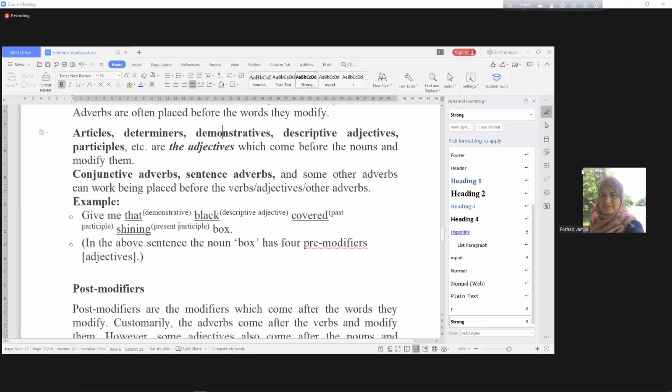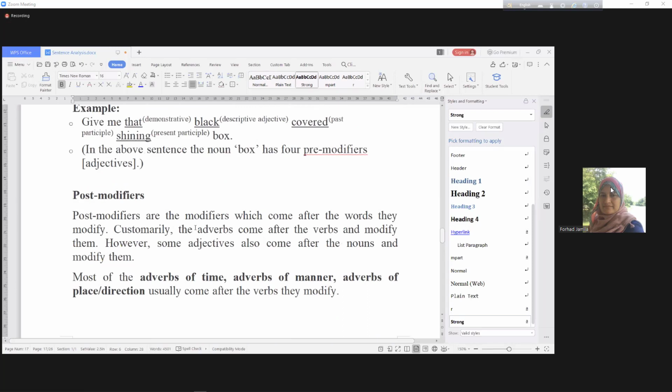All are the examples of pre-modifiers. ওকে, এই বক্সের সবগুলো পূর্বে বসে বক্সটাকে মডিফাই করেছে। So all these are the examples of pre-modifiers. You can give your own examples here. তোমরা অবশ্যই দেখবে তোমরা এই ধরনের মডিফায়ার প্রত্যেকদিন ইউজ করছো তোমাদের কনভারসেশনে, রাইটিংয়ে।